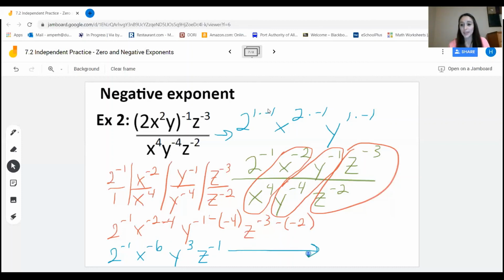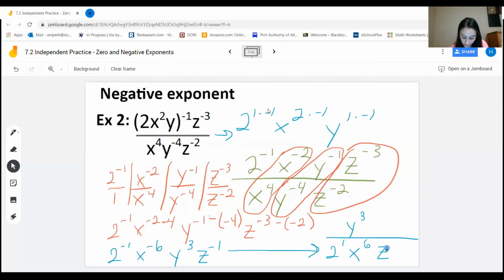The only thing that has a positive exponent here is our y to the 3. So everything else is going to end up in the denominator. That's going to be 2 to the 1, or just 2. And again, we're getting rid of the negative by switching the side of the fraction from the numerator to the denominator, x to the 6,